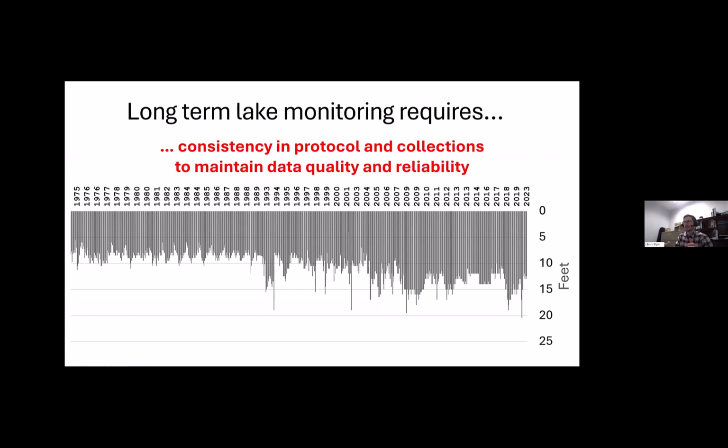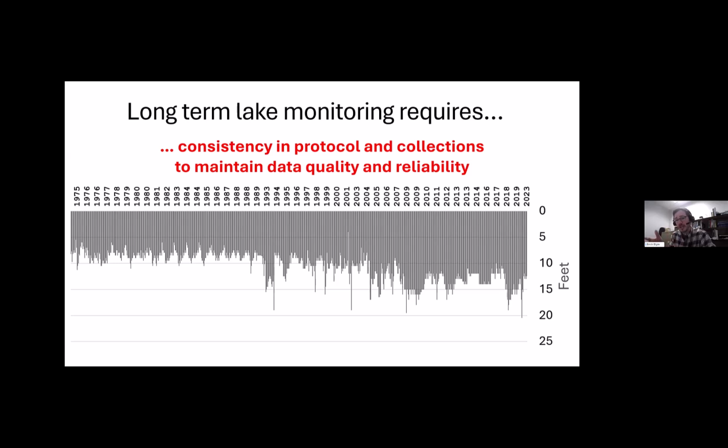Why this consistency in protocol and collections is so important is because with long-term data, we want to be able to compare apples to apples through time. The Secchi that was collected in 1974 is the same protocol that a volunteer is using in 2025. Also, between volunteers, as you heard earlier, it takes generations of volunteers to collect data like this on our lakes. There are different volunteers collecting this data, and by having consistent protocols and quality control throughout, we can maintain those apples to apples comparisons, even though